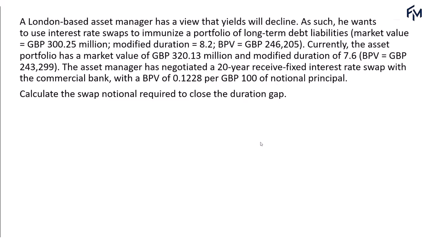We have a London-based asset manager who has a view that yields will decline. So in this case, the asset values will increase, and the liability values will also increase. And as such, he wants to use interest rate swaps to immunize a portfolio of long-term debt liabilities, where the market value is £300.25 million, the modified duration is 8.2, with a basis point value of